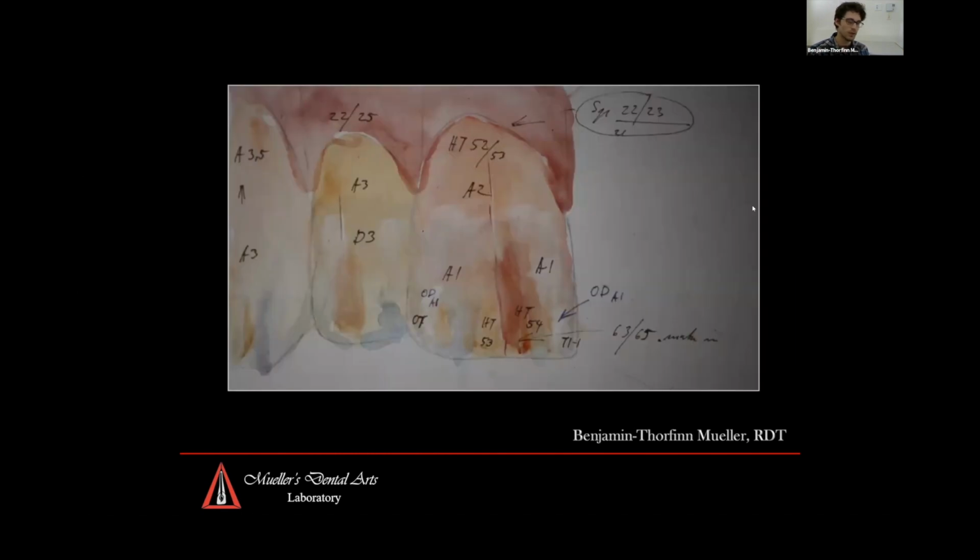And of course, I, for example, like to use colored pencil a lot. I have a template of a central and a lateral and a canine, and I color that in depending on what I see, and or what the patient might be telling me. Of course, when we have a full mouth restoration, we don't necessarily have teeth that we can take notes of or colors, but that's why it's nice to have a portfolio of what you may have done in the past, and you can browse that with the patient, or you can give it to the patient to take home, to look at it at leisure, to think about it, because a lot of the time patients don't know what